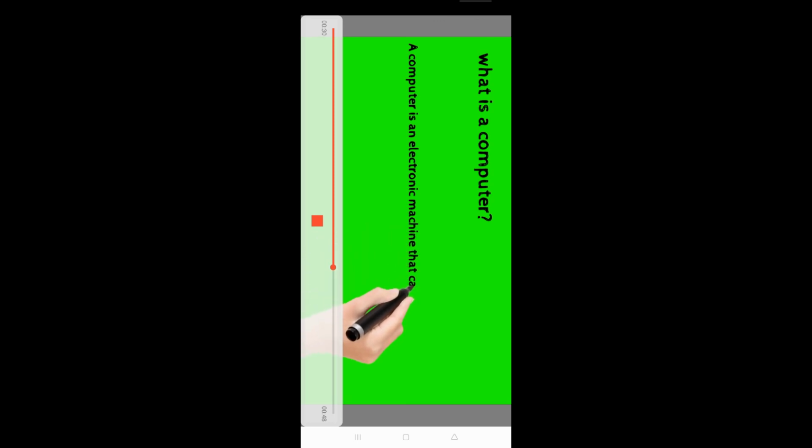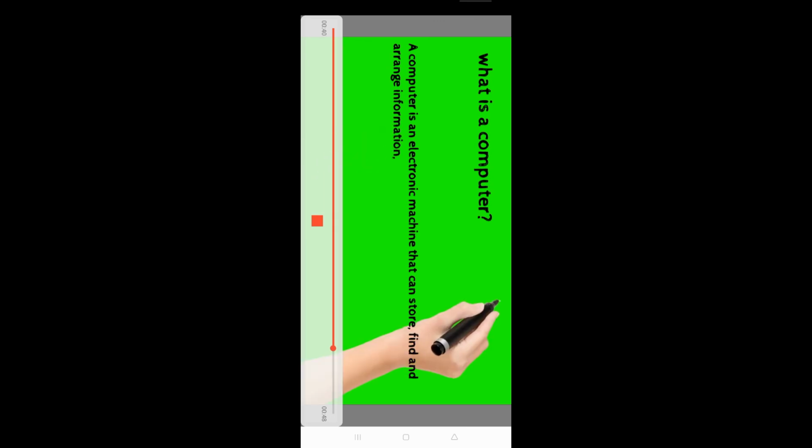A computer is an electronic machine that can store, find and arrange information. Okay, and your image also will draw. This is our first slide.